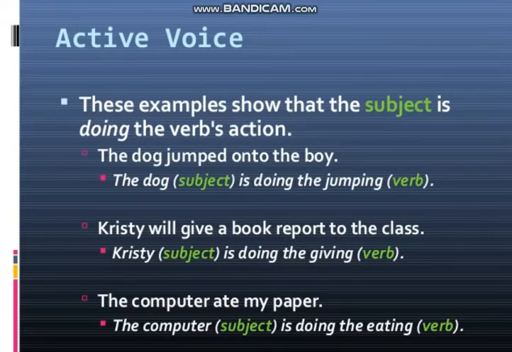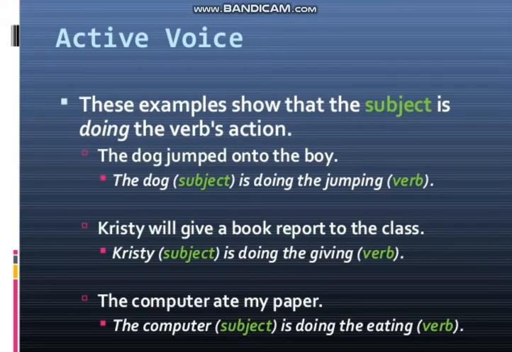These examples show that the subject is doing the verb's action. The dog jumped onto the boy. So here you can see the dog, the subject, is the doer or performer of an action. The dog is doing the jumping. The main focus is on the dog: what did the dog do? The dog jumped onto the boy. So the dog is the subject and is doing the jumping. The dog is performing an action,